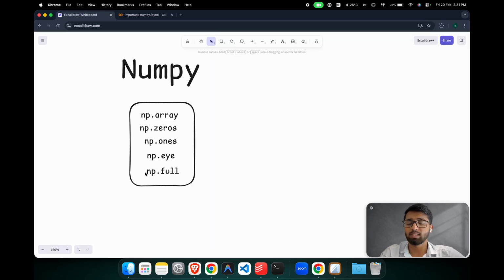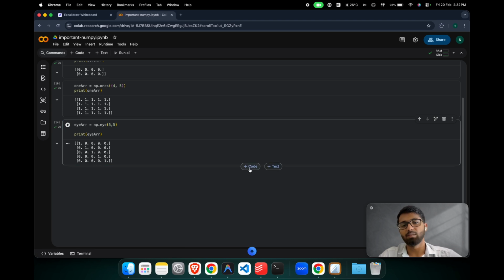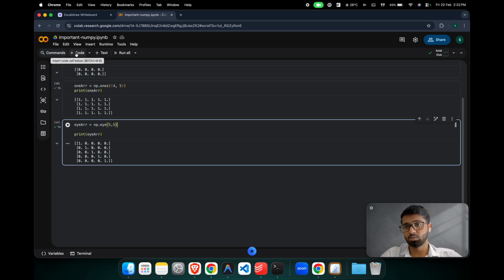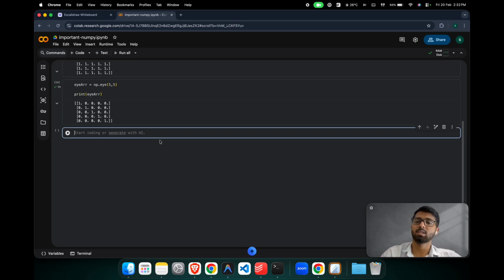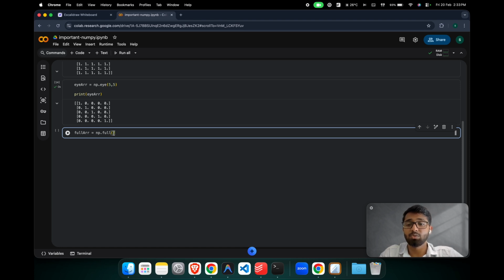Now let's go to the next one, that is np.full. So let's talk about np.full. Here we will add one more cell. To add one more cell, you can just click on code, or you can click on text to add some text. So basically I will just add one more cell. Here I will add full_arr. So np.full, and here what this method can do,